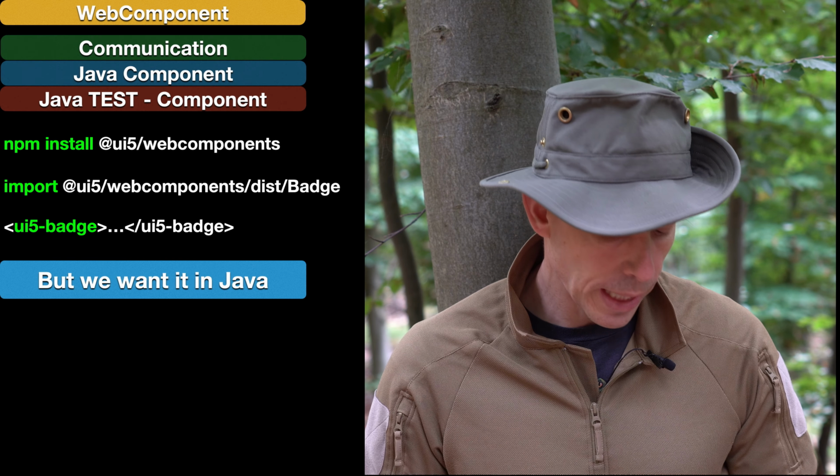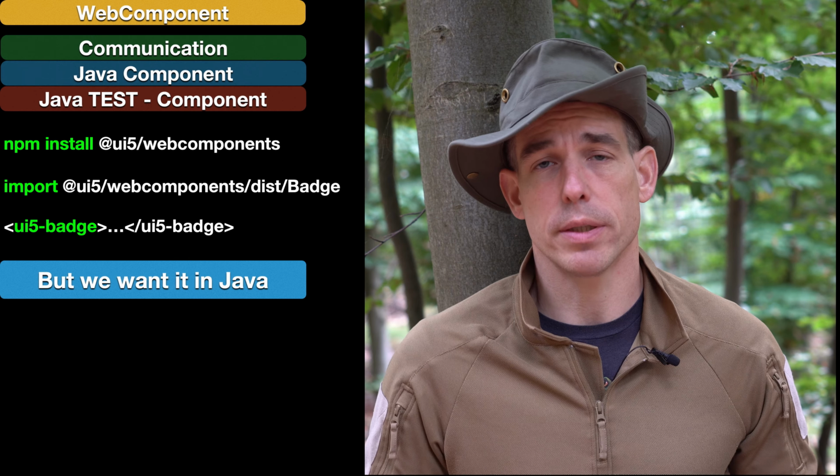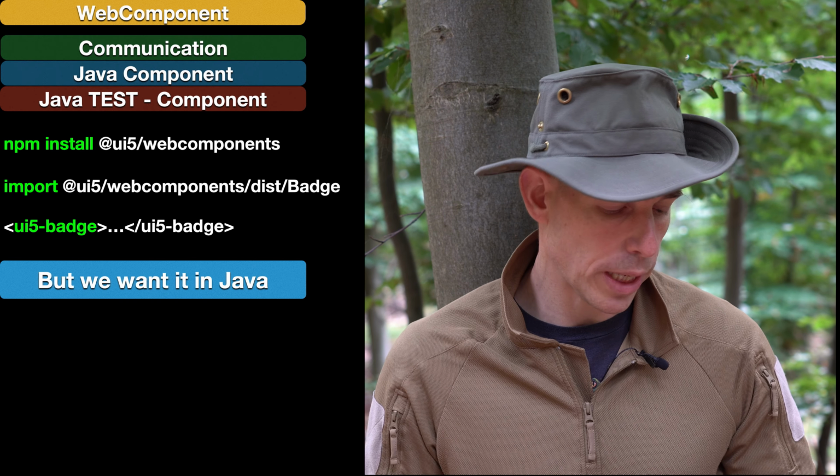With this, all web components are loaded from the internet to your local npm caching folder, whatever is defined on your machine. And the next thing is you need something like, I want to use this dedicated web component, for example, a badge. Then you have to write somewhere in your application, in the UI part, import add